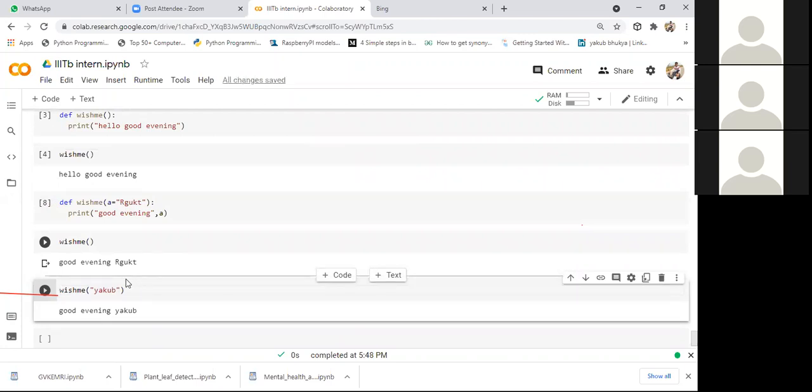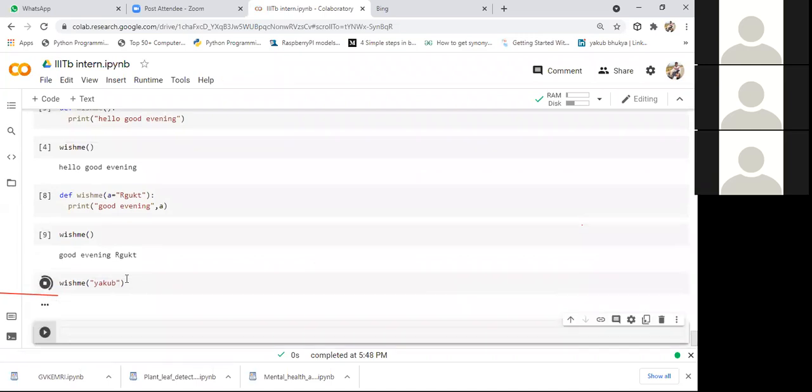Now I'm specifying one parameter in the function. Whenever you specify a value in the function definition, by default it will be considered the value of that variable. If you specify a parameter value in both the function definition and the function call, it will give more priority to the parameter in the function call.